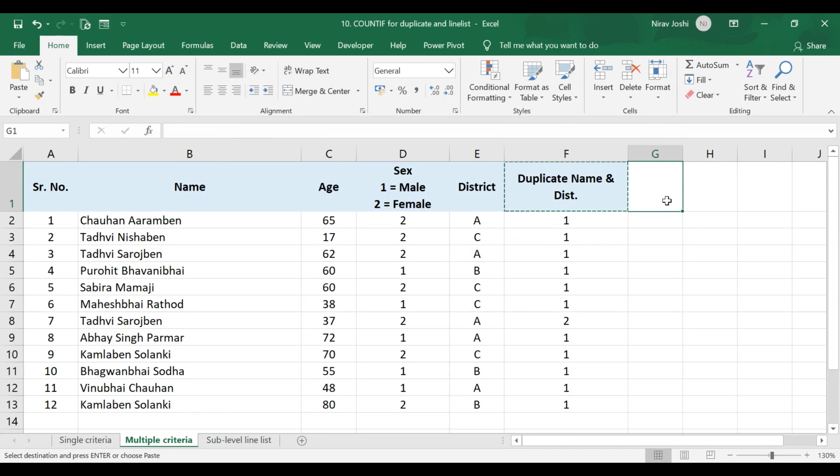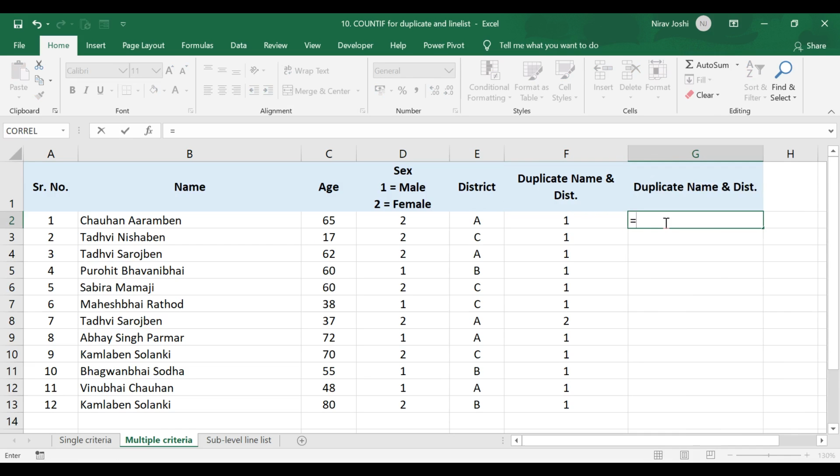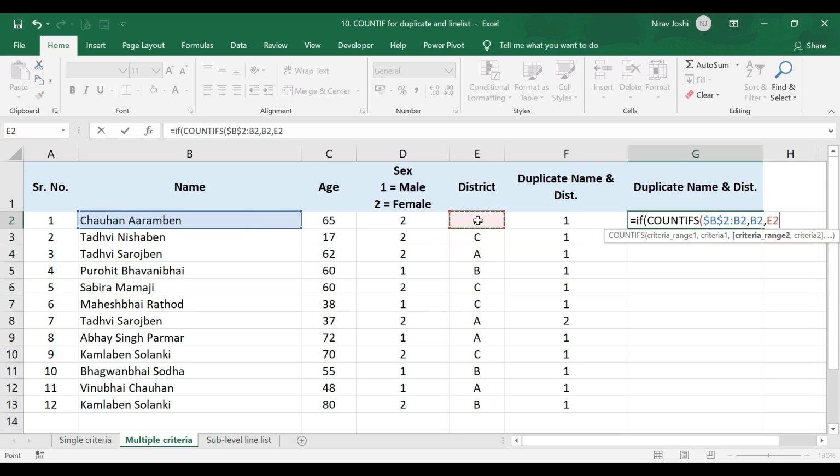So for that, first we will start with if, then we will apply a logical test. The logical test would be the same one that we applied here, that is countifs. Select the first range, fix this first cell, apply the criteria, again select the second range, apply the criteria,